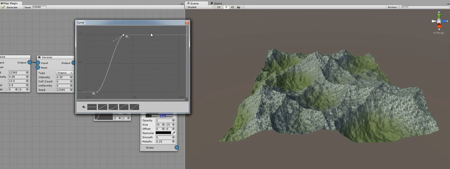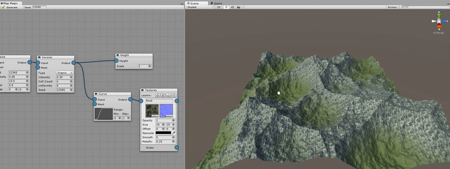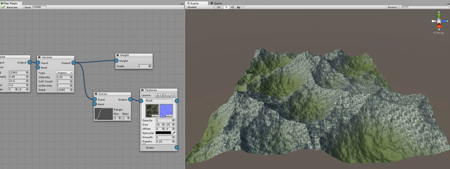This is the main concept of layer masking, but assigning height as a mask for rocks will not make a terrain very realistic. Rocks should be painted mainly on sloping surfaces, but not at a certain height level. And that's what the slope generator is for. I will remove the curve and add the slope instead.